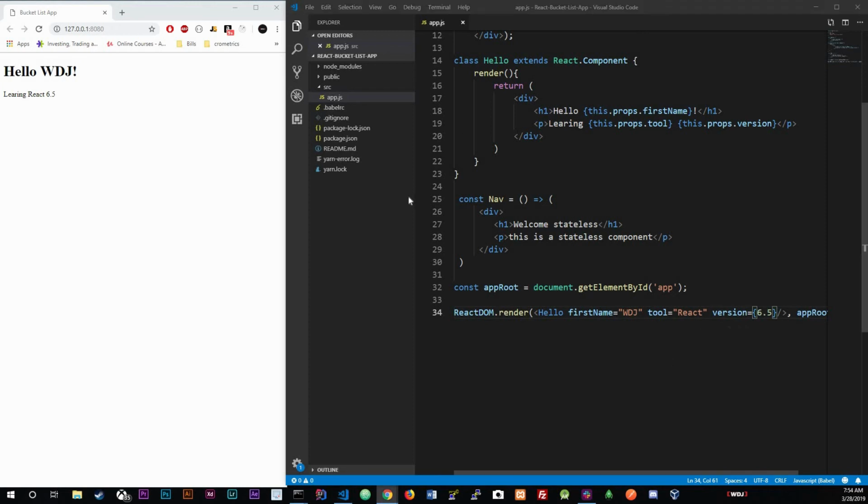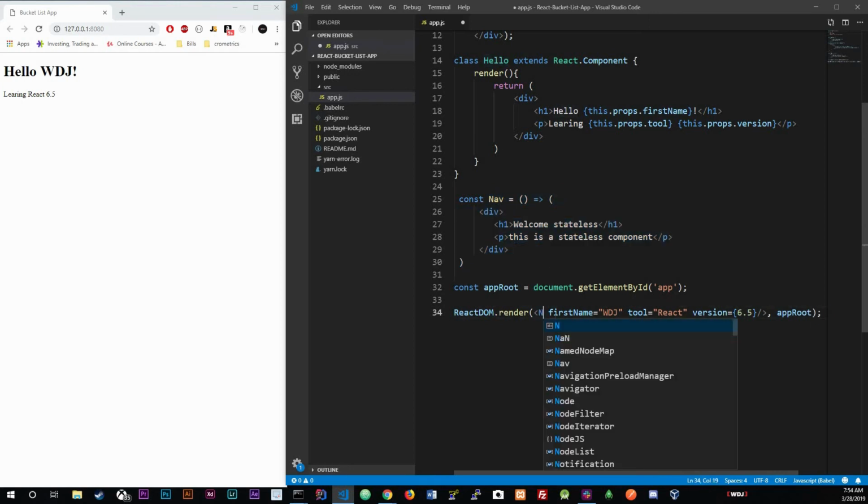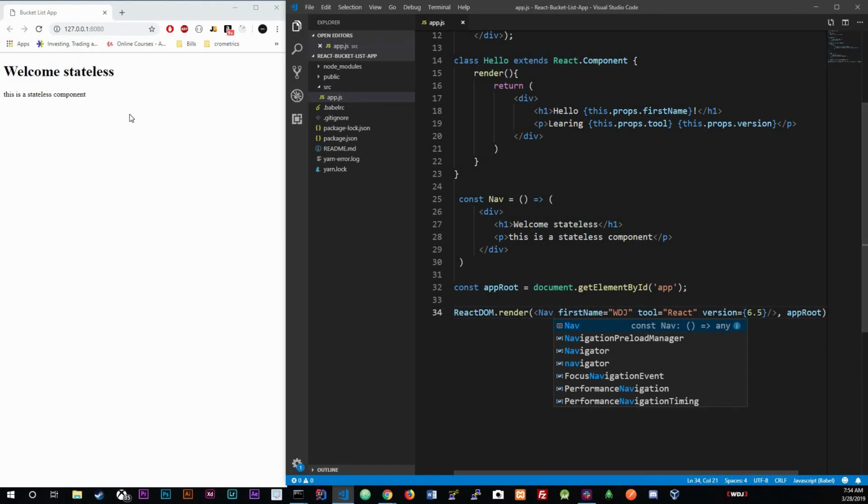Now let's do the same thing with our stateless component. Okay, so we already did our class component. Now we're going to use our stateless component and try to do that. So instead of rendering hello, we're going to render nav. Control save, and you should get welcome stateless, whatever. So